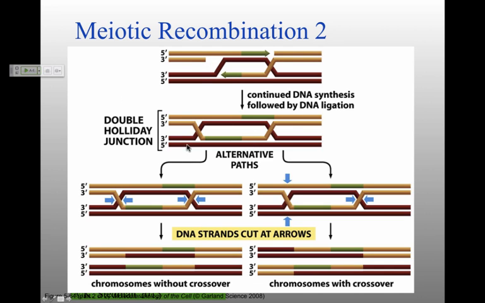You're always going to have two of these Holliday junctions when you have double-stranded break repair, and that double-stranded break repair is also what's happening in meiosis, because you have that endonuclease which has chopped those two strands. So you end up with these two Holliday junctions. Now, the decision here, it doesn't actually really seem to be a decision, it seems to be about half and half most of the time, is how you cut and religate